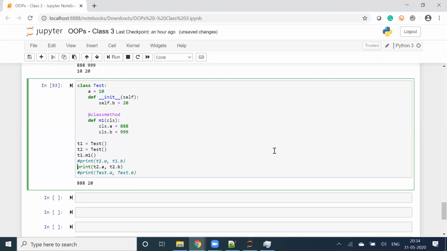And the original value of b is what? 20. But the output will be 888 comma 20. Can you tell me why? As of now, the output which I will get is 888 comma 20 only. Why?